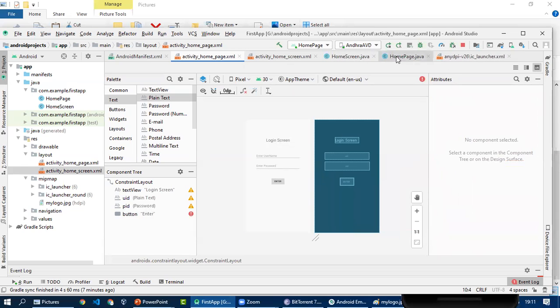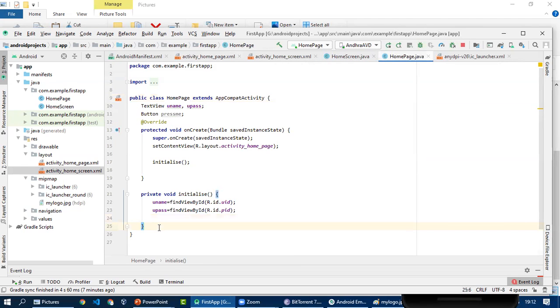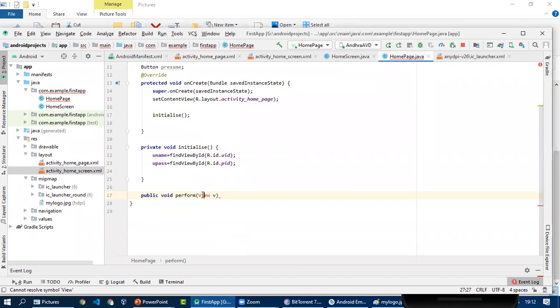Okay, so public void perform here. We are getting a message. So for importing the android.view.View class, press alt enter.